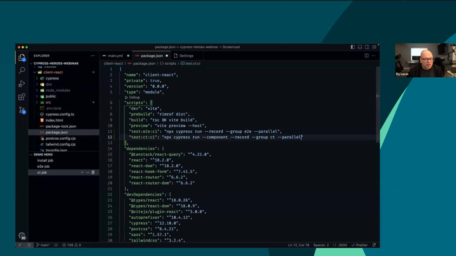Okay. So we're passing in the parallel flag, and this is instructing Cypress, when it boots up, to contact Cypress Cloud and say, "Hey, we're going to run in parallel." It's going to know how many machines it's running in parallel with. It's going to be like, "Hey, we've got X number of machines that we're going to run our tests across. Give me the best